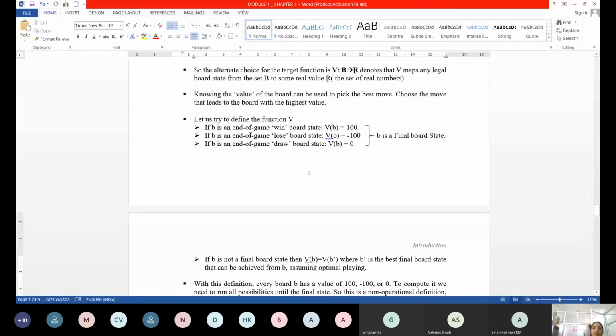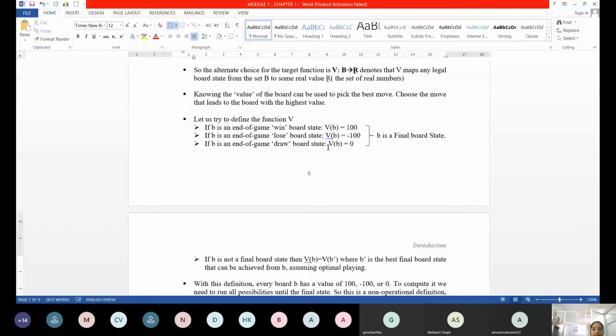Here, I am just going to map a value for every board state. So that value is a real value. So mapping a real value to the board state, so that is your V. So wherein you have, you are at the end of the game and you're going to win. The value of V to that board state is 100, which is also a base case. And there are possibilities that you may lose the game. So where the value of it is minus 100 and draw. So to one step, both opponent and you will end up the game in draw. So the value of V is 0. So this is actually purely your base case.